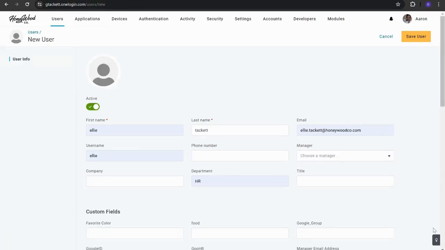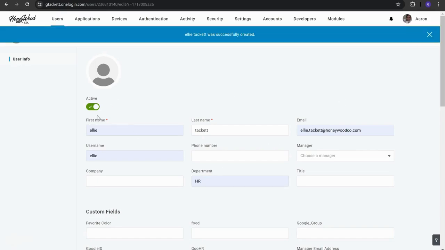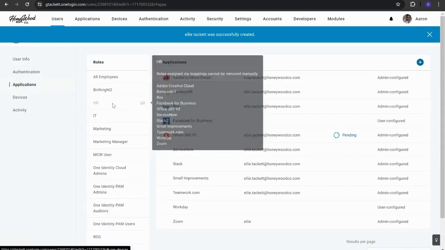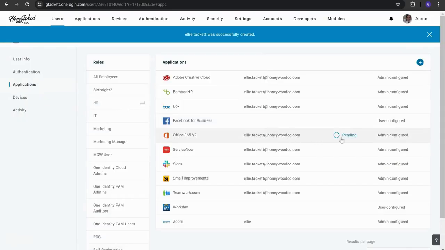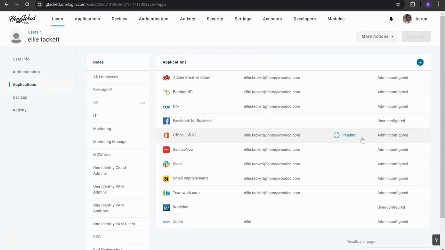What it looks like in action is here I am creating a new user, and I'm going to give them a certain department which will assign them applications like Office 365 that are configured for provisioning. So as soon as I create this user, I can go over to their application page and see that Office 365 is ready to provision. Now I have an admin approval in front of this task, so I'll open it up and go ahead and approve it. Now that the user has been successfully provisioned, they could access that application and already have a license